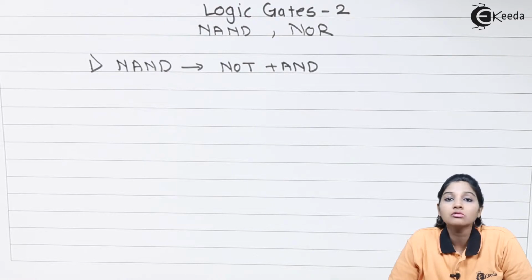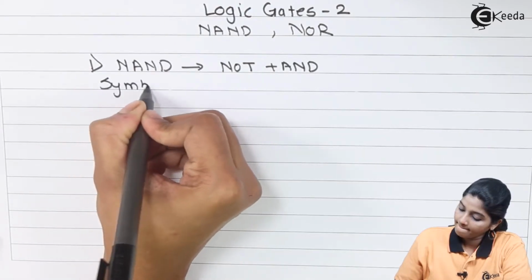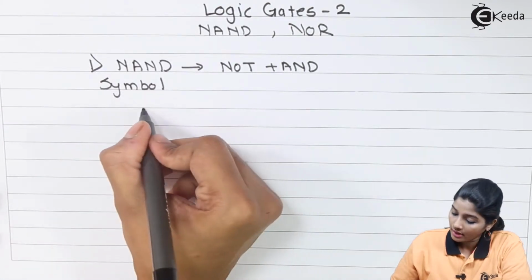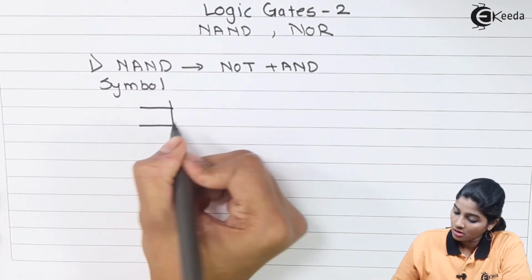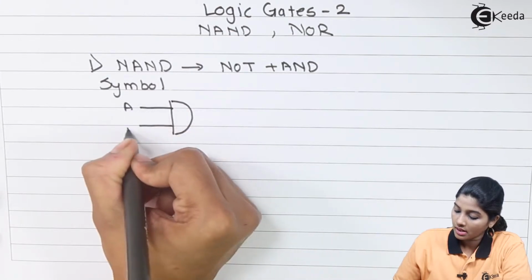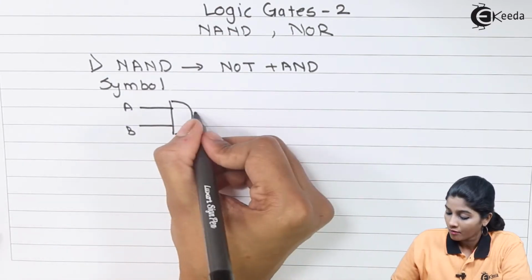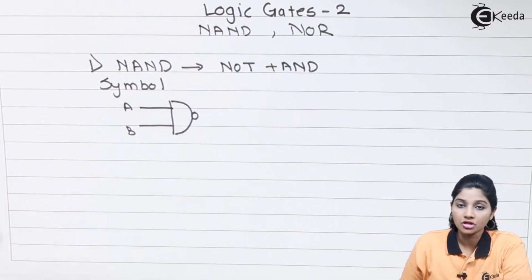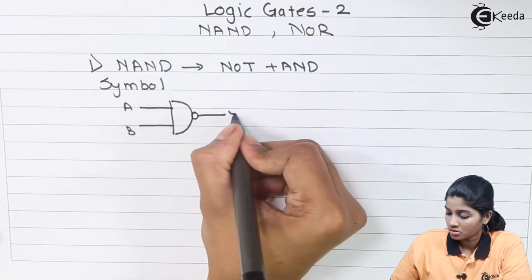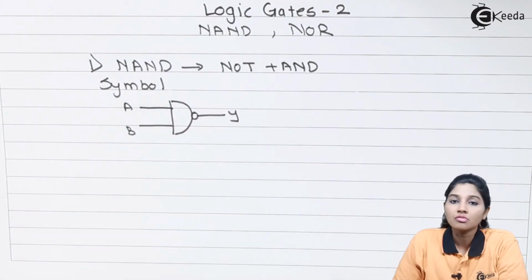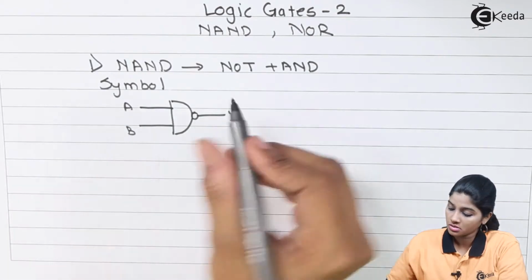Now let's see how the NAND gate is represented symbolically. The symbol of NAND gate has two inputs A and B, and a bubble, which indicates the inverted version, that means NOT. So this is what the symbol of NAND gate looks like. If we draw the equivalent circuit, then the circuit becomes,